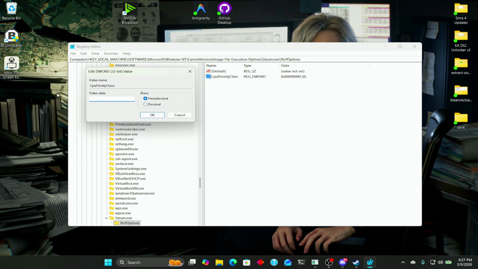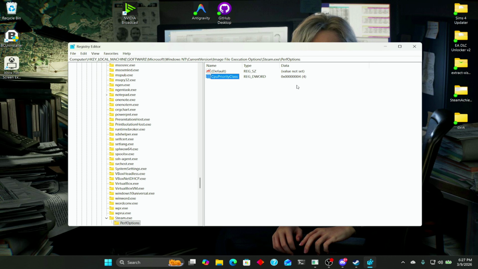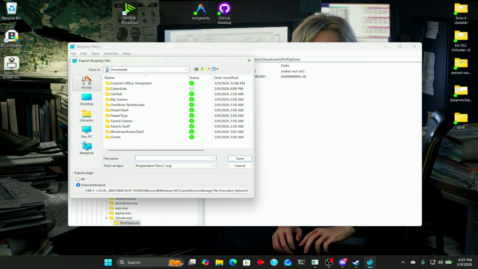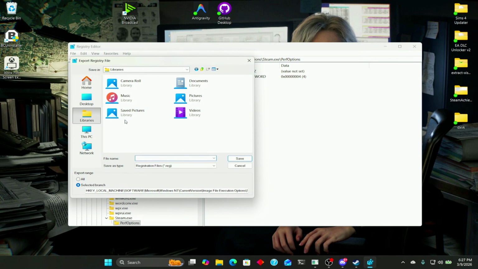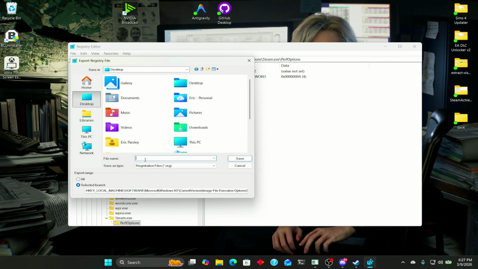On my girlfriend's computer, I set it to 4, which is real time, and it didn't seem to cause any issues. She does not really do much on her computer besides gaming, so real time worked fine. And on my laptop, I'll probably keep this setting enabled anyway, as it is a very capable processor. So you'll hit OK, and then you can go to File, Export, and name it whatever you would prefer,